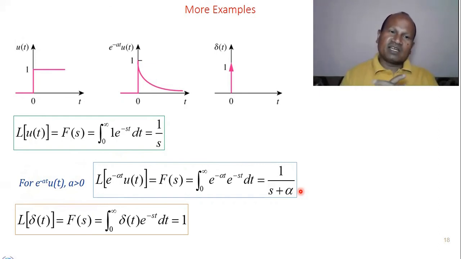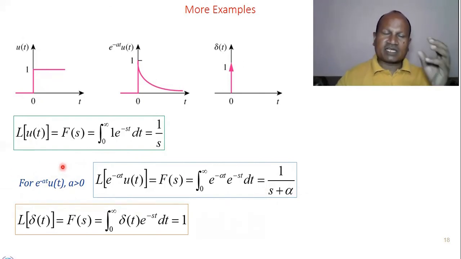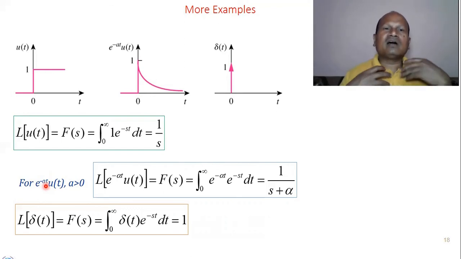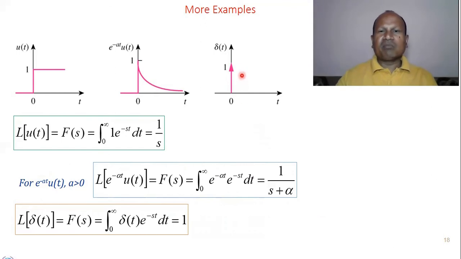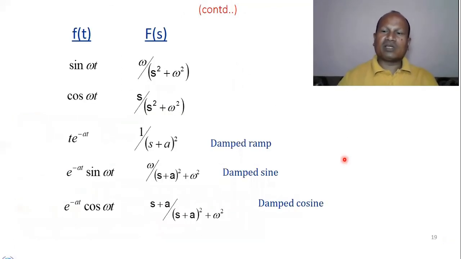When you multiply the signal in time domain, look at this carefully, means exponential signal in time domain, this constant term is the amount of delay, which results as a delay in the frequency domain. Now, when we calculate the Laplace transform of impulse, we know that impulse is only defined at t equals 0, and therefore the magnitude is 1. So the integration will be 1. So the Laplace of impulse signal is also 1.